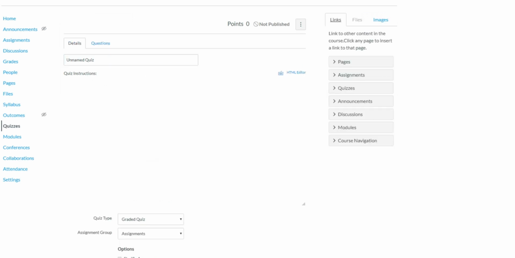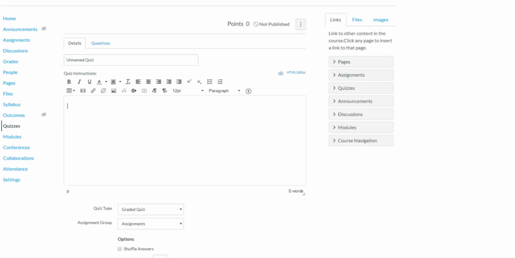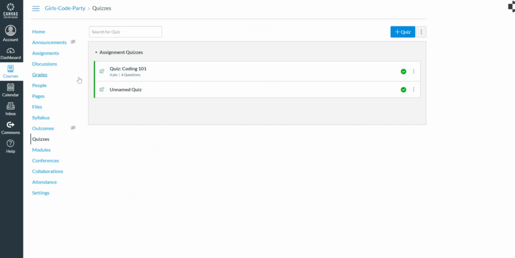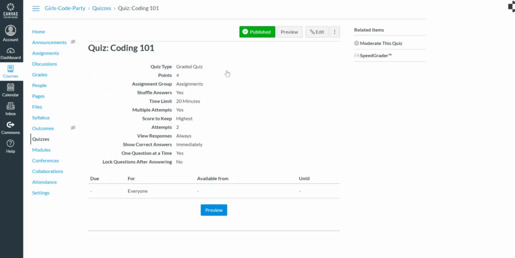You can add a title. If you want to, you can add a description, but that's optional. And then determine whether this is a practice quiz, a graded quiz, a survey. You can add questions to any quiz from the quizzes dashboard page by just clicking on that quiz and then